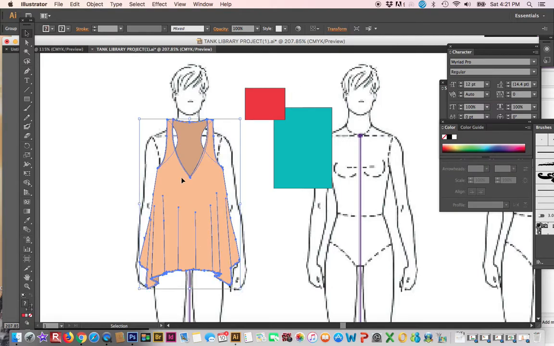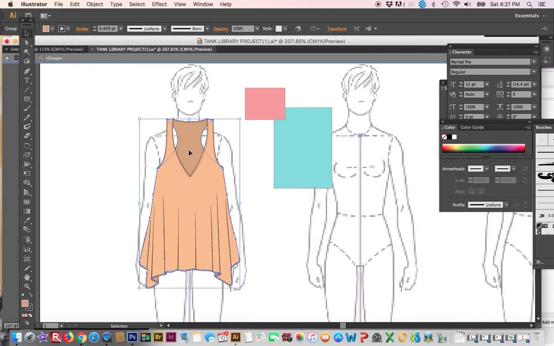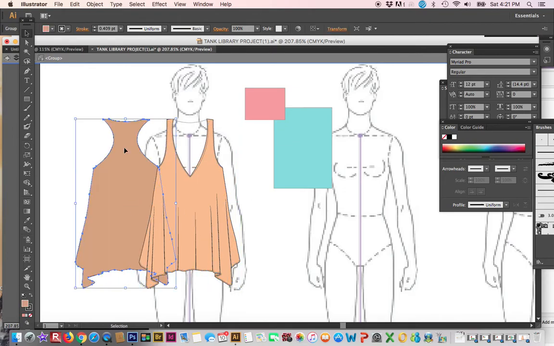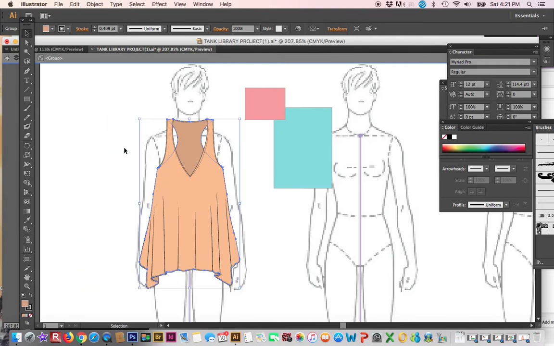So for this tank top, let's say I want to put this back fabric piece behind my croquis drawing here. So it's all selected, so I'm going to double click it. Click, click, click the drawing. There we go. See, I can move it around. I'm going to put it back, Command Z, and I'm going to hit Command X and Command B for, oh,